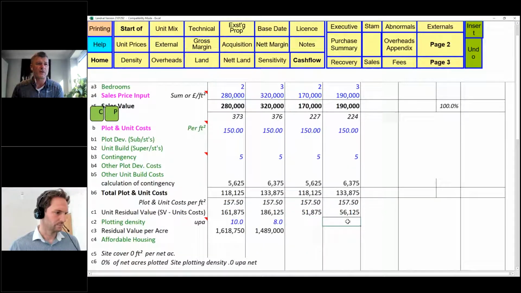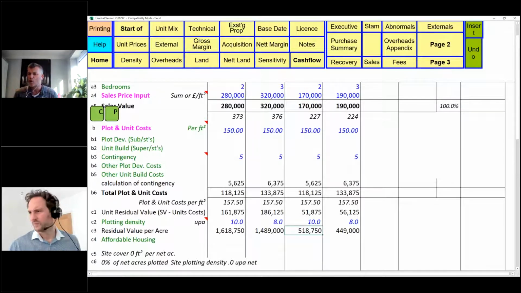So we've got our bigger unit down here, and our smaller there. So you can then give you an idea of what you could achieve on a full acre of those properties, and you can see the values here. And interestingly enough, not always is our bigger unit getting the most money per acre because of space. And you can see that this one is our smaller unit. If we've fitted those in because of the space, we'll get more return for our buck.